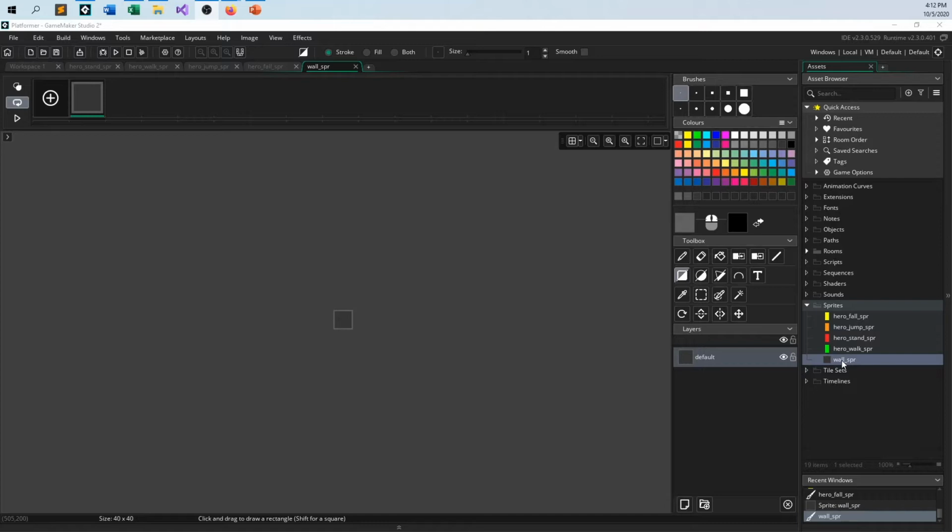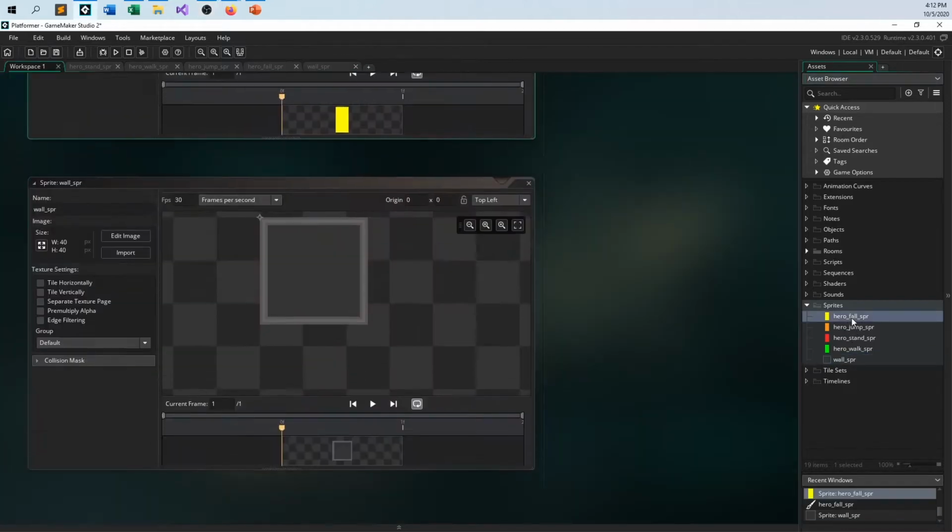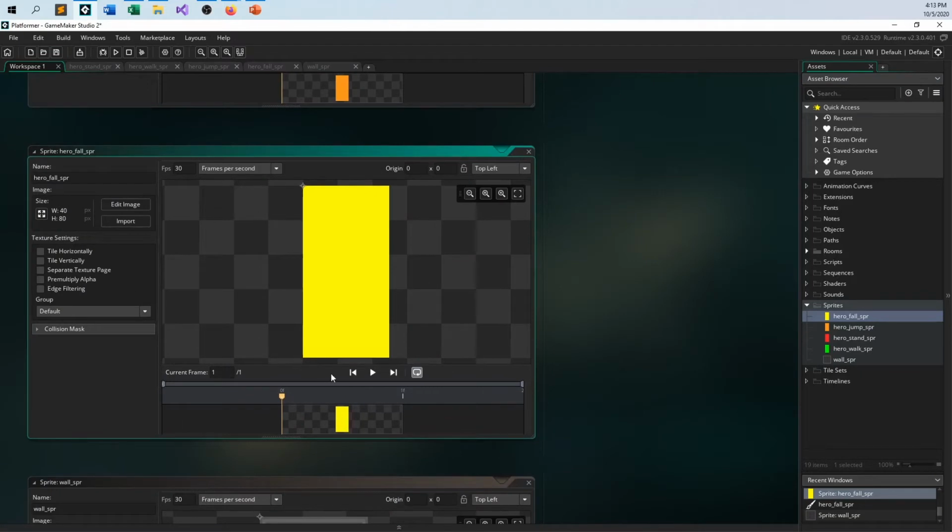And here, especially since this is a teaching demo, it helps to have different colors, so when and if things go wrong, you can at least see what state you're in. You'll be able to see, oh, I'm in the fall state because I'm seeing a yellow character on the screen, and you can then figure out what went wrong, and at least you know which object to go into to debug and define where things went wrong. So I only need these 4 sprites, and I am using 40 by 80 for the size,